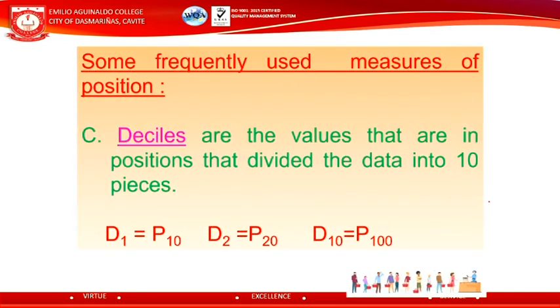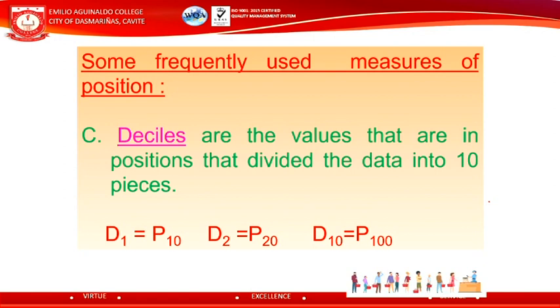Now, this will be our third terminology for this topic. We have the decile. These are values in positions that divide the data into 10 pieces. So unlike the first two, which divide the data into 100 equal parts and into 4 equal parts, the deciles divide the data into 10 equal parts. That's why if we compare it with percentiles, our ratio will be 1:10. So 1 decile is equivalent to the 10th percentile, 2 deciles is equivalent to the 20th percentile, and the 10th decile is